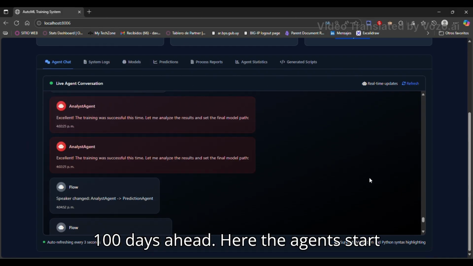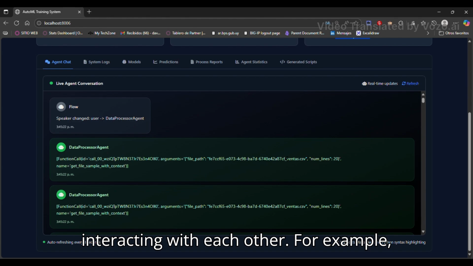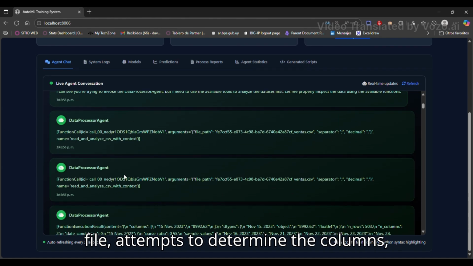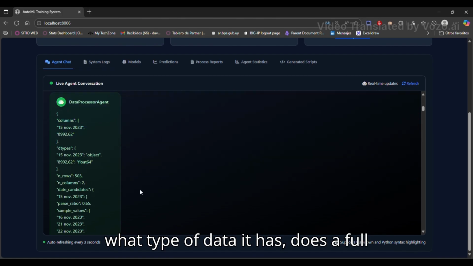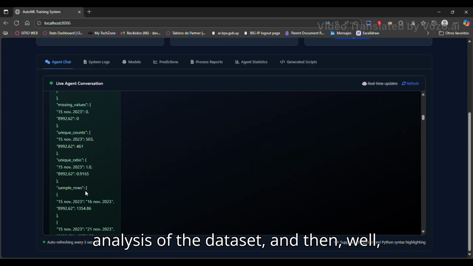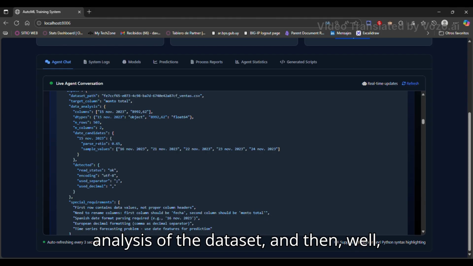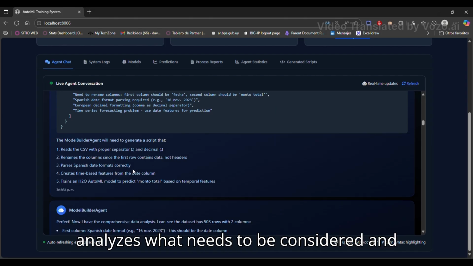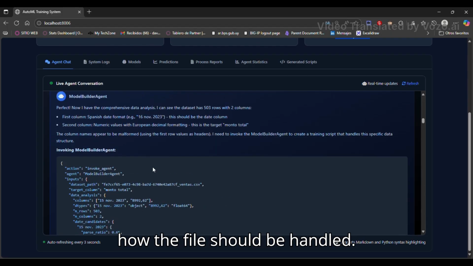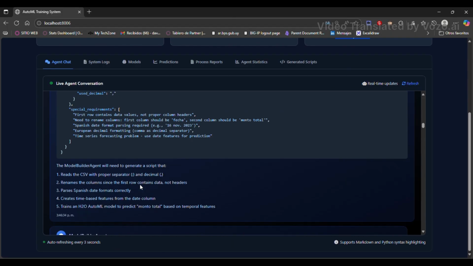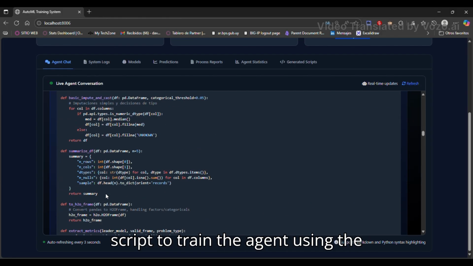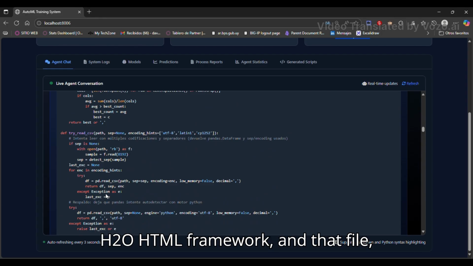Here the agents start interacting with each other. For example, the data processor tries to analyze the file, attempts to determine the columns, what type of data it has, does a full analysis of the data set, and then here it passes it to what is the model builder agent, and what it does is it analyzes what needs to be considered and how the file should be handled. Then, for example, it starts creating a script to train the agent using the H2O HTML framework, and that